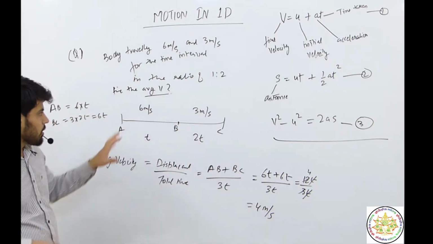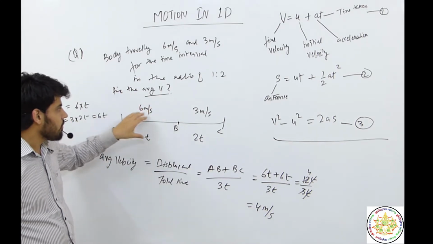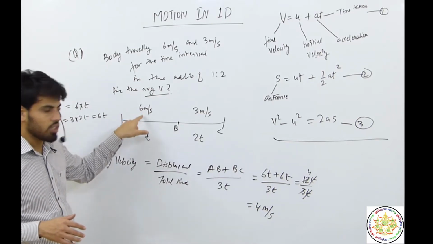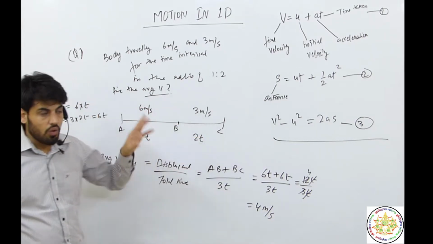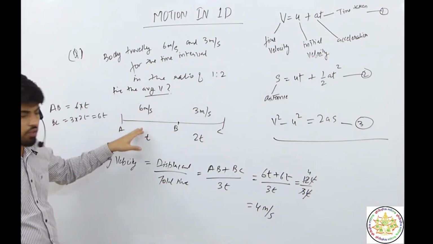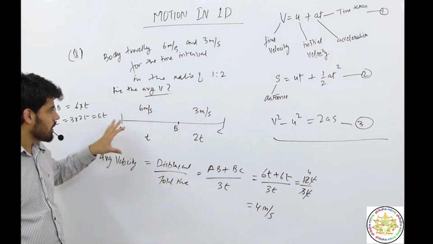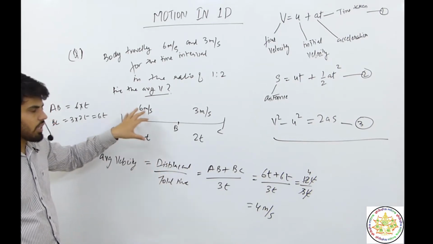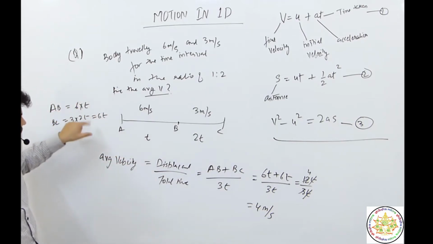That is not happening because we don't know what distance is traveled with each speed. It can be the case that 95% of the journey is covered with this velocity and only 5% with the other velocity. Then obviously the average speed will be near 6, around 5.5, not 4. So average velocity depends on the distance or displacement covered with each speed. Here the answer is 4 because both distances are equal.